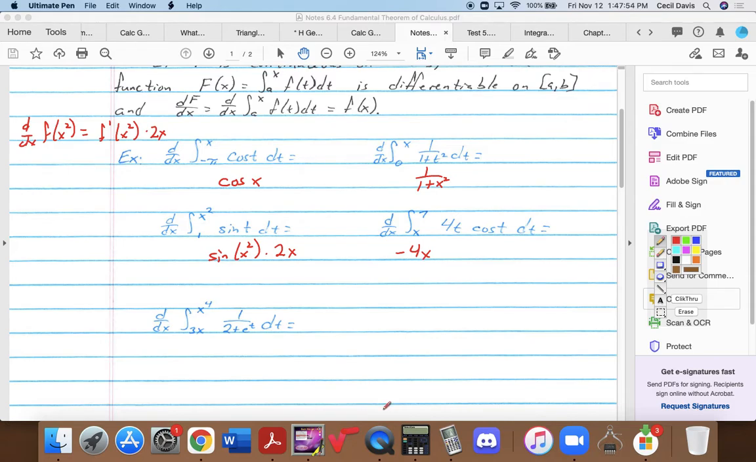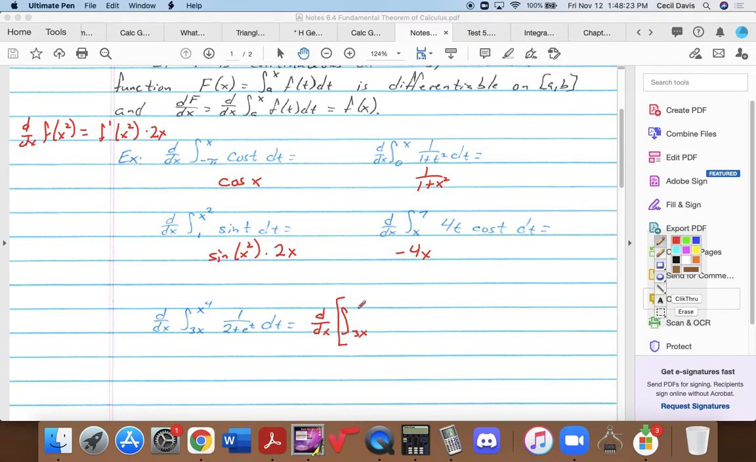There's no constant in either limit of integration, so we can't use this rule. It's not constant until we change it. Why would we do that? Because we can. So we can use the rule? Yep. So we're going to rewrite this as the derivative with respect to x of the integral from 3x to